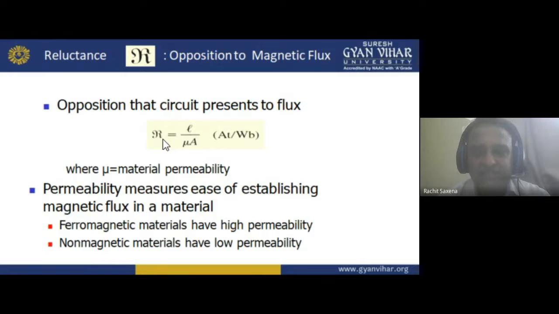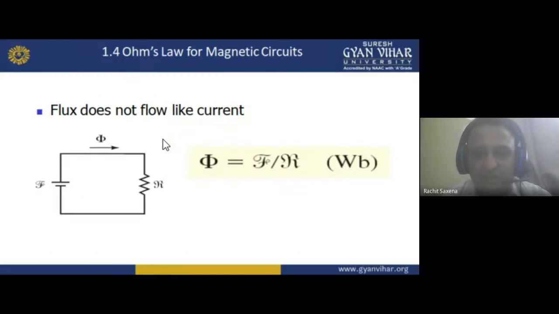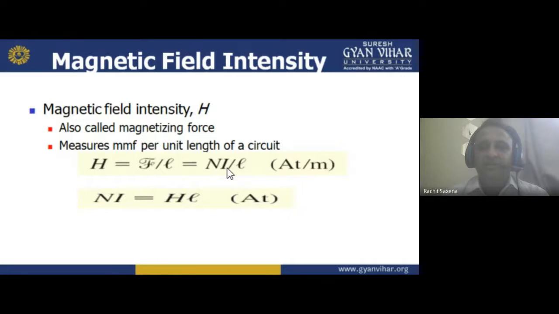Where R is the resistance. And we can write V is equal to R I, as per Ohm's law. So R is equal to V upon I. We can also write this. So reluctance S is equal to F, that is mmf, by flux phi, and the unit is Weber of flux. Understand? Moving forward, magnetic field intensity.